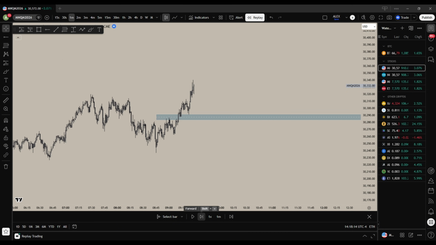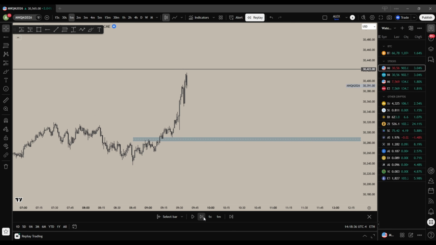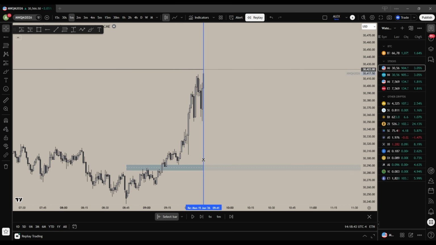So I waited for market to open and absolutely nothing happened that I wanted to see. Price continually went higher without a retrace. This here is the 15-minute gap that I wanted to see price react to, but instead it went straight up. It went to the hourly, to my drawn liquidity, to my target in the beginning. But if I'm not mistaken, yeah, exactly, here was the 9:30. Let's go back a few candles for taking out the hourly